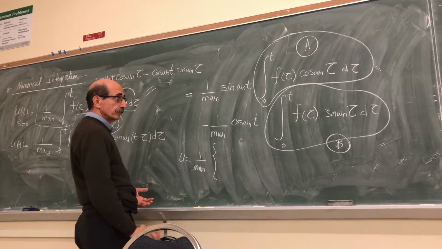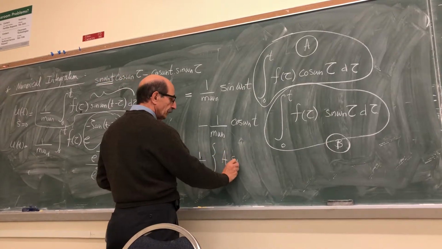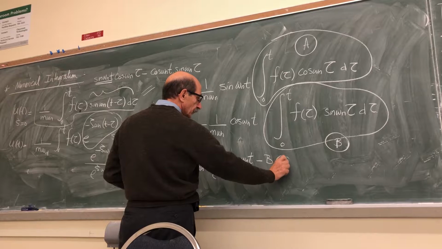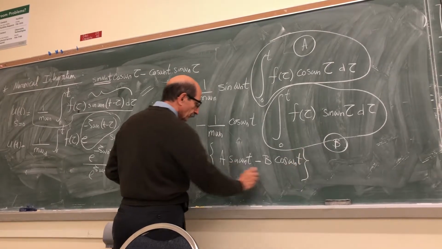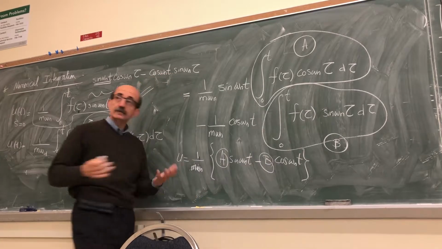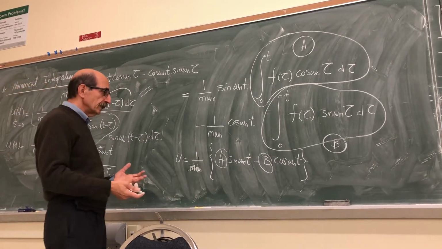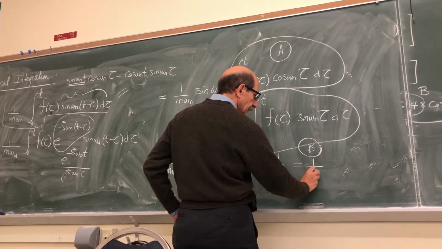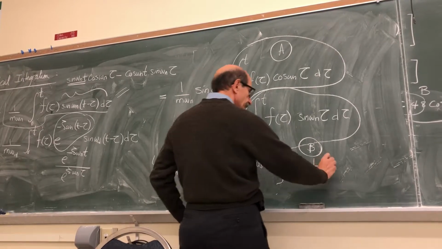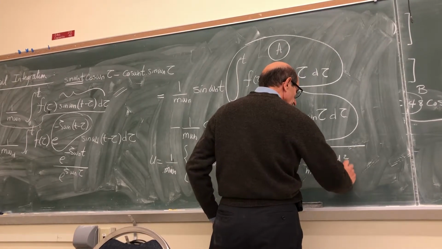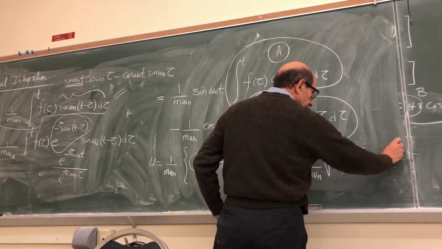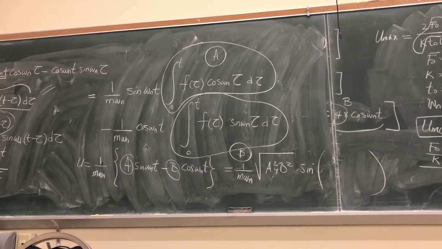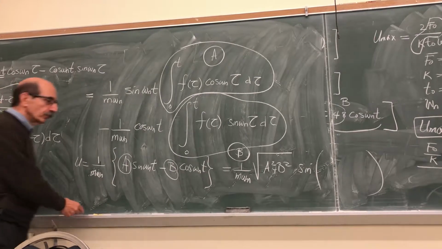If I write it like this, A sine omega n t minus B cosine omega n t. Of course, A and B are time dependent, but nevertheless, this is basically something like 1 over m omega n, A squared plus B squared, sine of something. This is really the foundation for the general way of solving